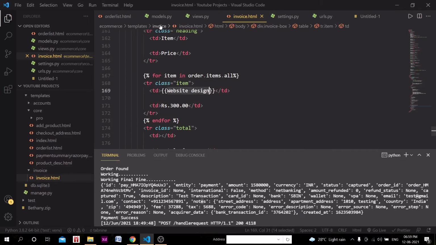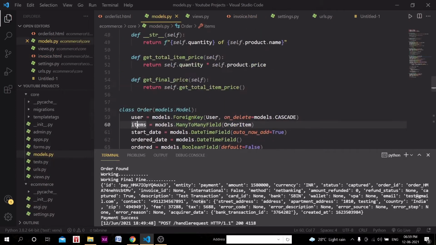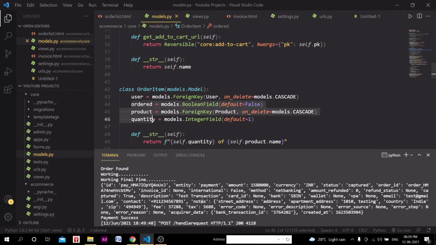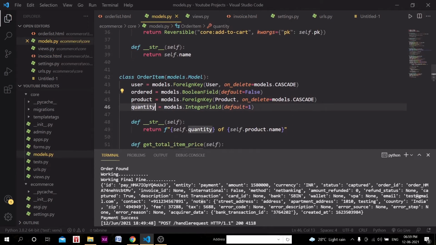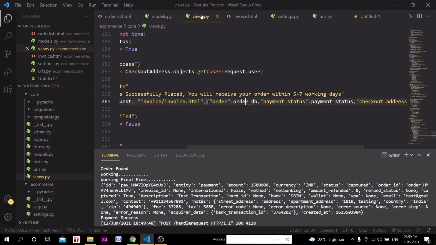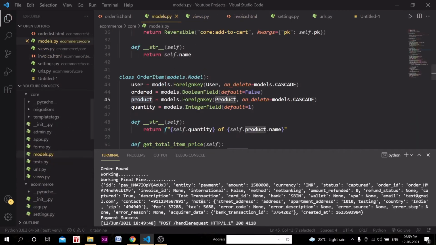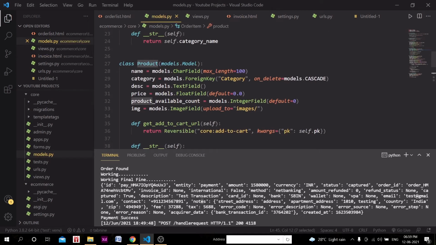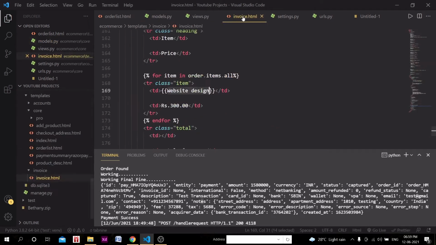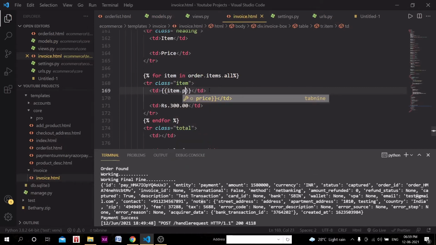So here what we can do, in the order item, remember we have order, product, quantity, right? Product was also there, so we have to grab that product name. In the product we have the name. So in the invoice.html page, we can call that object like item.product.name, not price, here name will come.